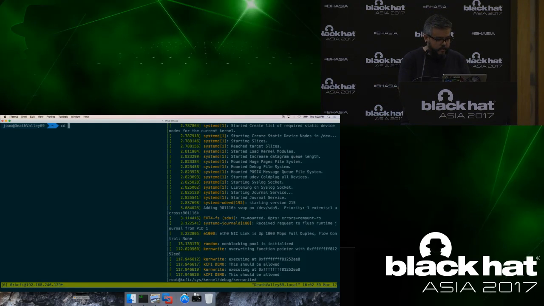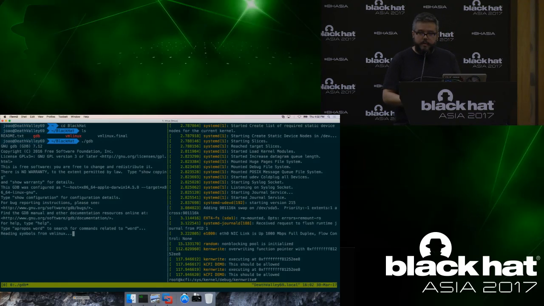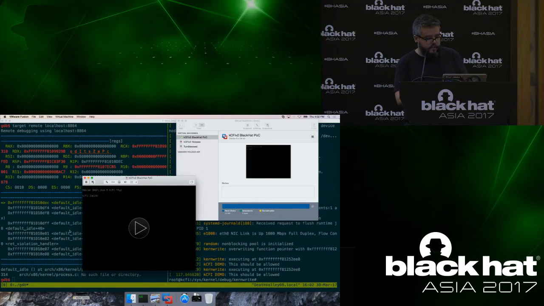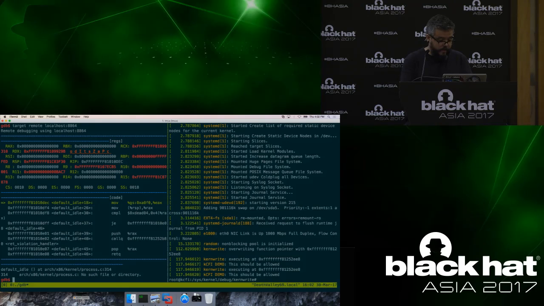But before doing that, I want to show you really how this thing works. So I'm going to plug GDB into the kernel and do a step-by-step execution of the whole thing. Okay, now I just plugged it into GDB. As you can see, it's paused. So I'm going to